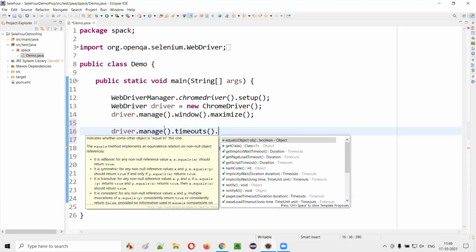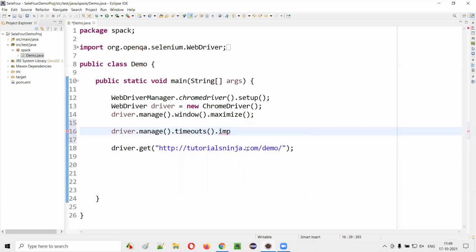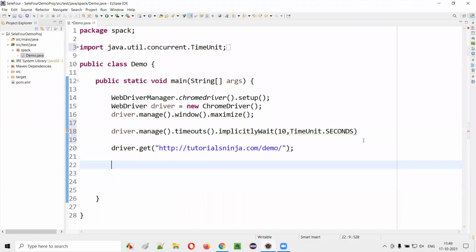In the old way, we have to write implicitlyWait, here I have to specify the units, that is 10, and I have to type TimeUnit dot SECONDS.